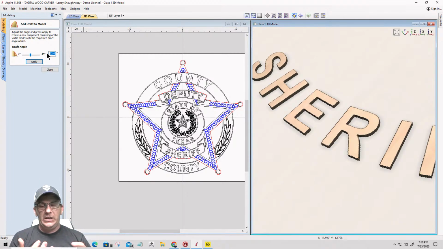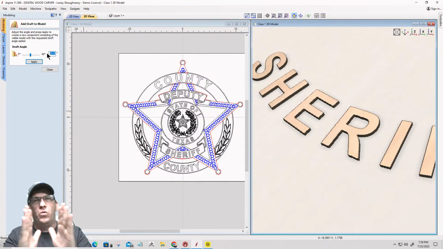Like a 30-degree angle, which is a steep angle in a sense. My drafts will either be a 15-degree draft, a 22.5-degree draft, a 30-degree draft, and that's kind of where I stop. I could go 45 and so on, depending on what I want,